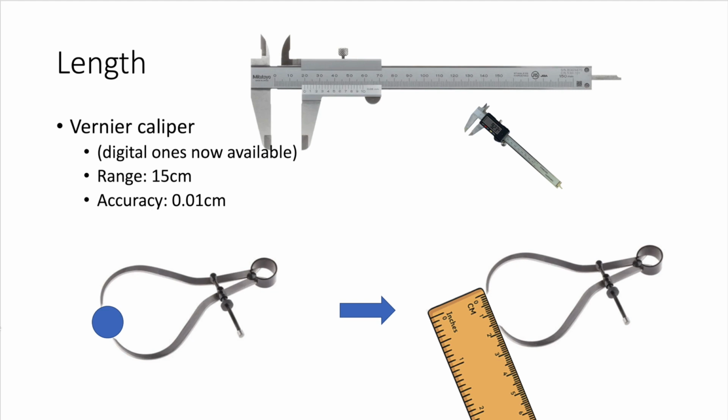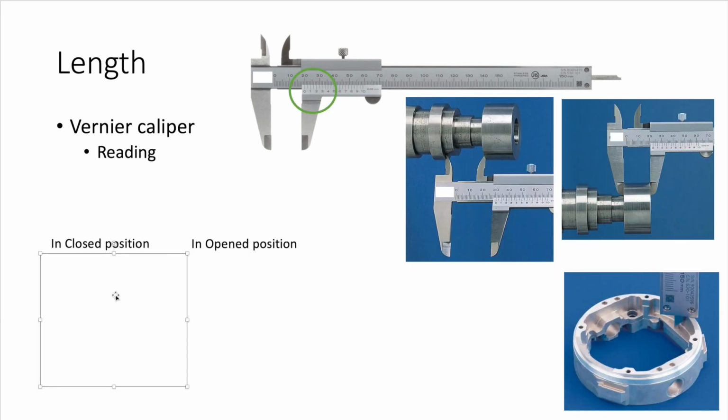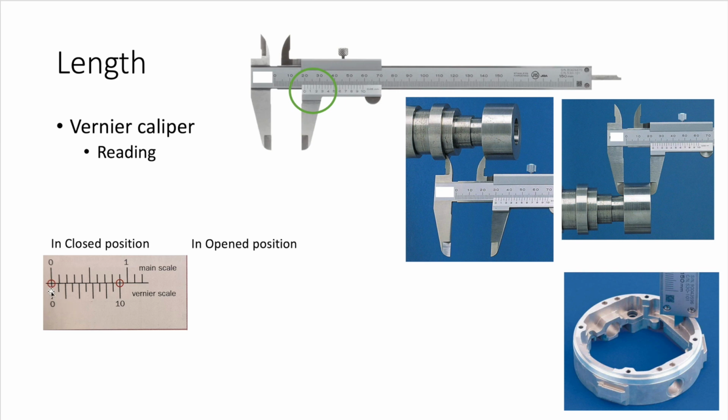So using the vernier calipers, you have to look at the small scale where the 0 is pointing at. Over here, if it is like 3.1, you can see that it's more than 3.1. It's 3.1 something. So what's that last something? You've got to see what line matches up. Over here, the fourth line matches up, so it's 3.14 centimeters. That will be the way to read a vernier caliper, and the accuracy will be 0.01